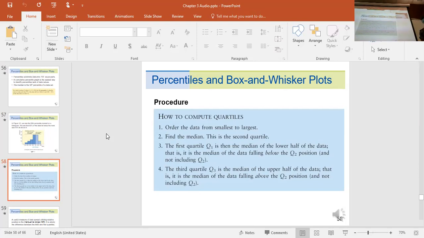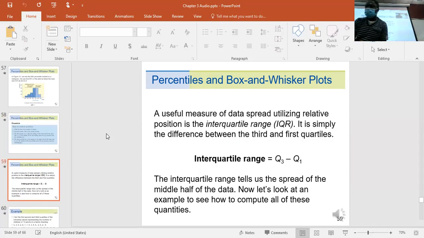And the interquartile range is a very useful measure of dispersion. Another way of measuring variance is the interquartile range. The interquartile range, IQR, equals Q3 minus Q1. The interquartile range is very useful